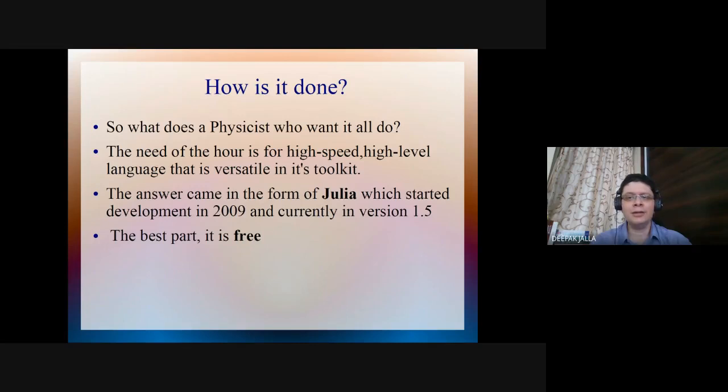So what does the adult physicist want? A high speed, high level language that can have a lot of toolkits in its arsenal. And the answer came in the form of Julia, which started development in 2009, currently in version 1.5. And the best part, it's completely free to use. It's completely free to edit. If you feel confident enough and competent enough, you can write packages for Julia and post them on GitHub. And people will use your work